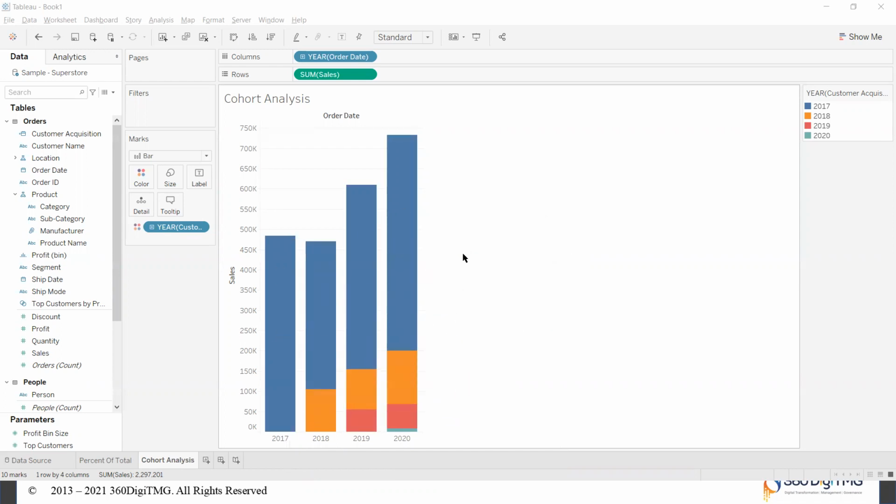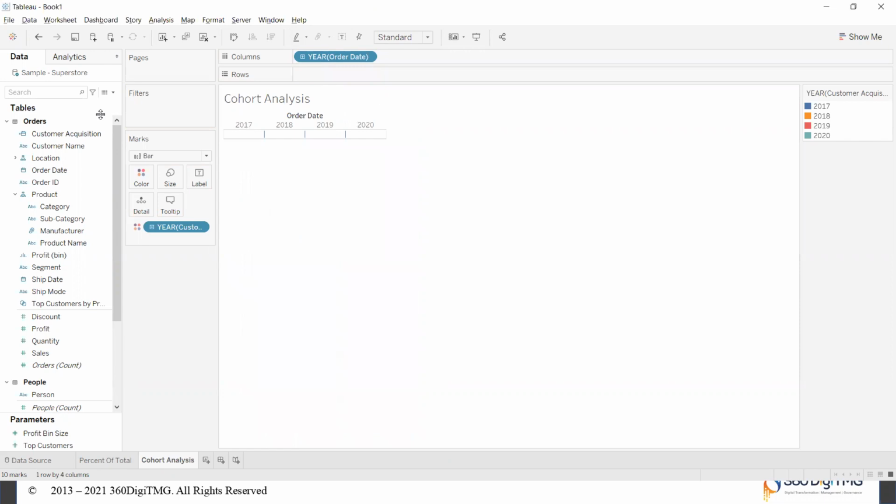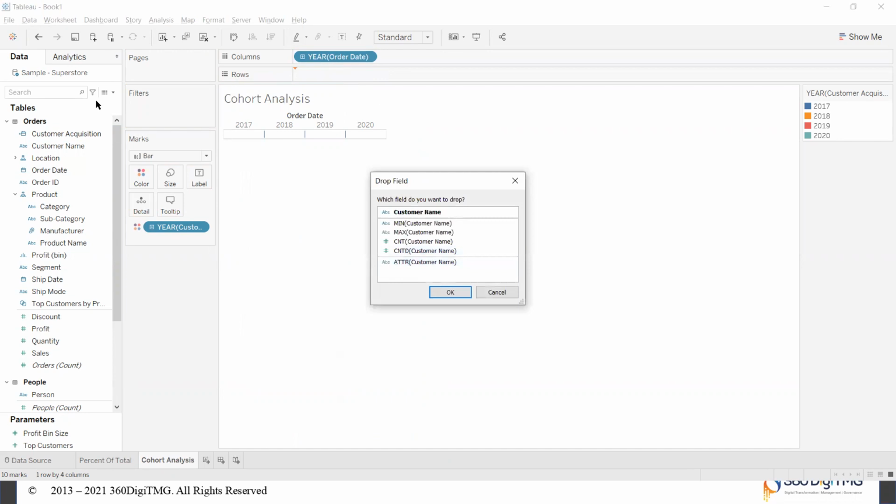Now, this is with respect to the sum of sales, the contribution of the customers towards sales. What if you want to perform the same analysis and understand the count of customers? How many people have we obtained in each year as our customers? In that case, you simply have to remove sum of sales and replace it with the distinct count of customers. Here I have right-clicked on customer name and taken it to the rows shelf. When you right-click and take a field to any of the shelves, Tableau understands that you're trying to use it differently from the regular, and it gives you a pop-up asking which field you want to drop. I would like to use the count distinct of the customer ID field.